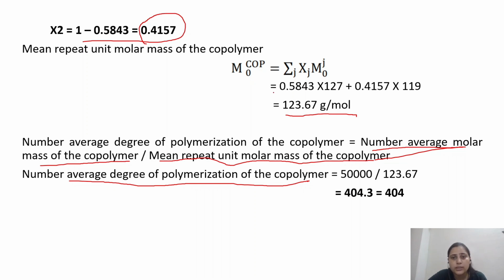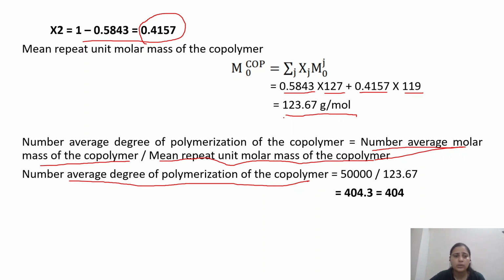We know that the mole fraction of A type of repeat unit is 0.5843, and the molar mass is 127, and we will do the same for the B type of repeat unit, multiply and add, and we get the mean repeat unit molar mass of the copolymer as